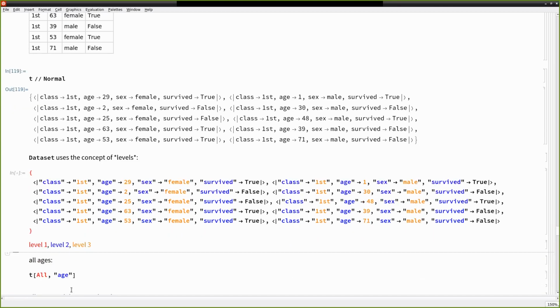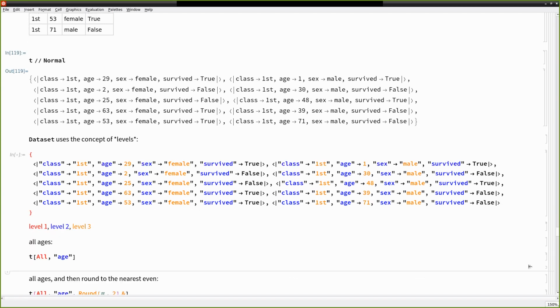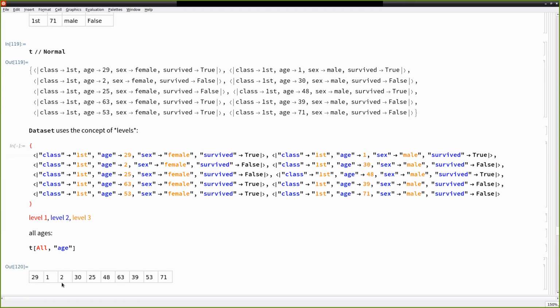So I think this may help you to understand how this proceeds. Now we always go red in the first position, blue in the second, and then if we have a third one, we go to orange. So let's look at all ages. And I have a hidden cell here because I couldn't evaluate it after it was in color. So these are all the ages of my 10